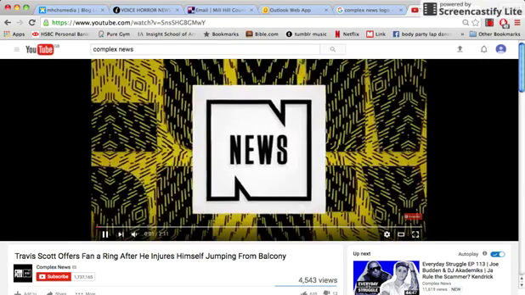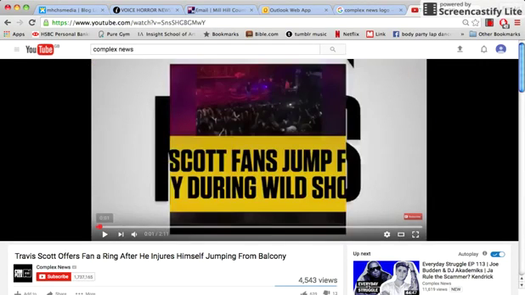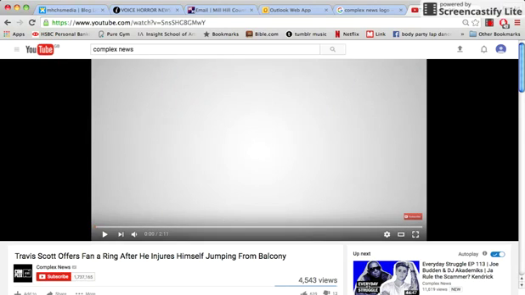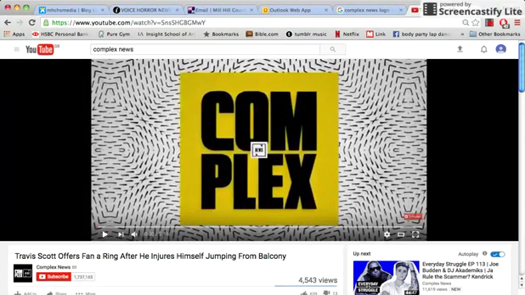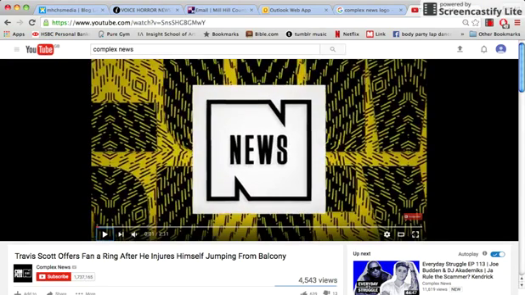So continue. And then it zooms in. So it zooms into Complex, then it zooms into News. And if you notice, the lines are separating to form different kinds of graphics. It's animated, so it forms into different kinds of shapes. There's a diamond shape that they're working with, and there are triangular shapes they're working with. And as it's zooming into each one,